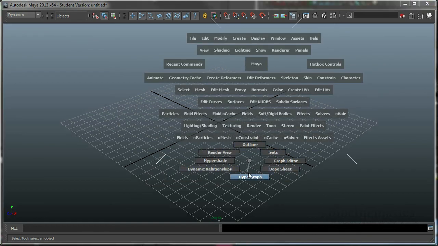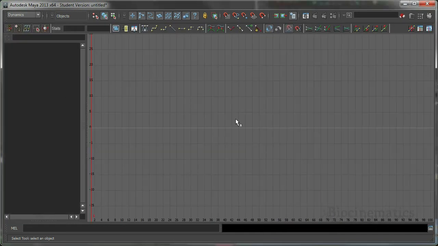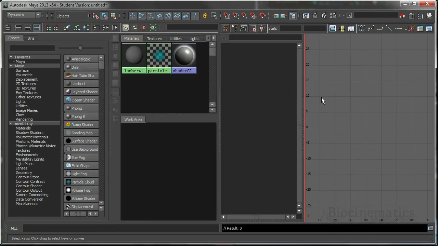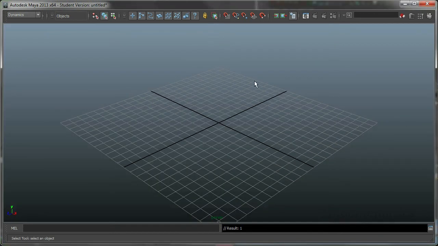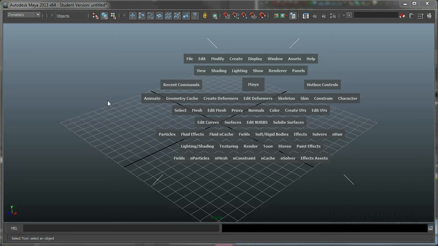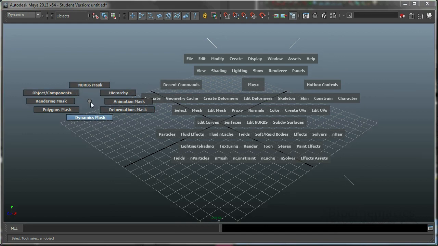The south zone will actually change the current view to each of these windows. So with the graph editor, you can see that we're replaced by the graph editor. And if we hit spacebar, this is remembering the panel layout where we had the hypershade and the perspective, but we've changed the perspective to the graph editor, although from the center zone we can quickly change that back. And then finally over here on the west zone, we have access to selection masks, and what that allows us to do,